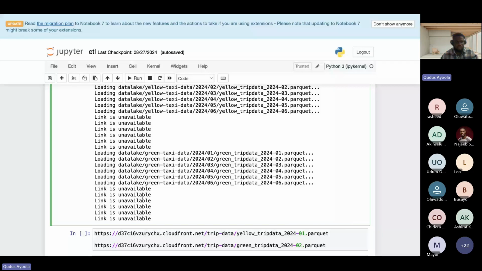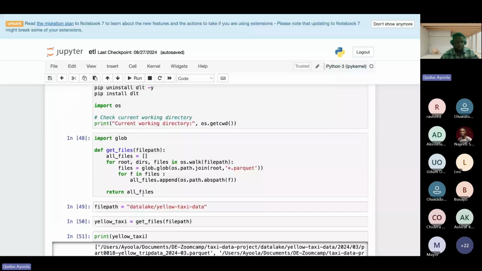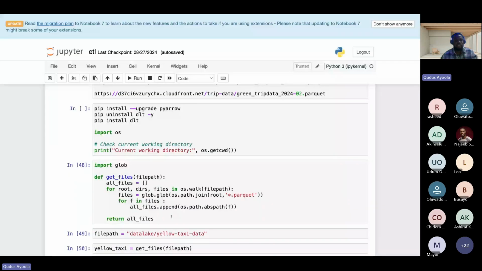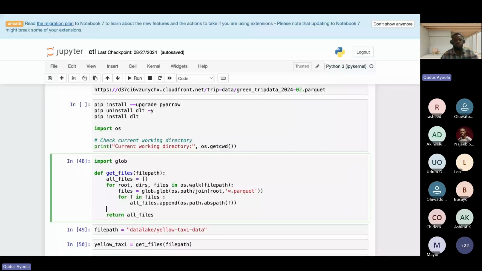And there are other scripts here. Basically, this other script here, what it does is, the file that has been written here, it just fetches the different file paths and appends all the file paths.